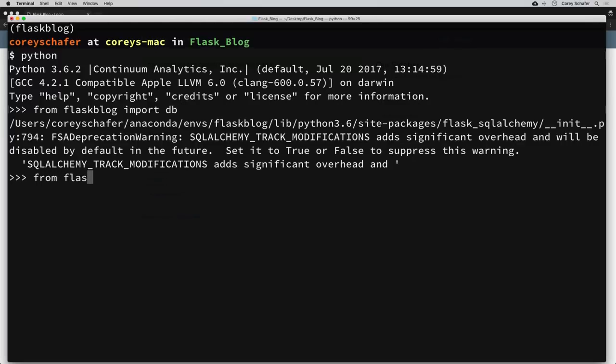So we'll say from flask-blog.models import user. And now let's grab the first user out of this table. So I'll say user is equal to user.query.first. And we saw how to do this in a previous video. So if you haven't watched our database video, then you might want to watch that to understand what these queries